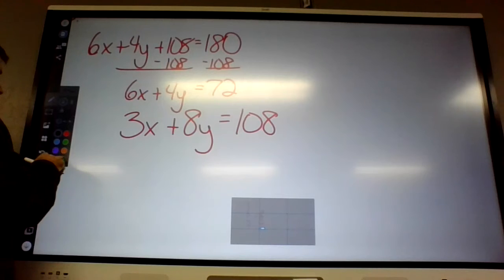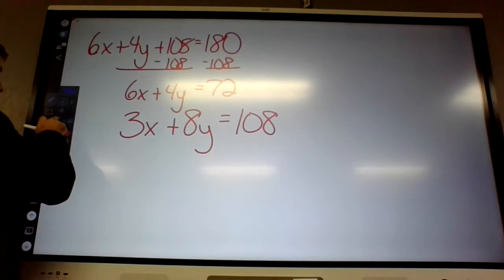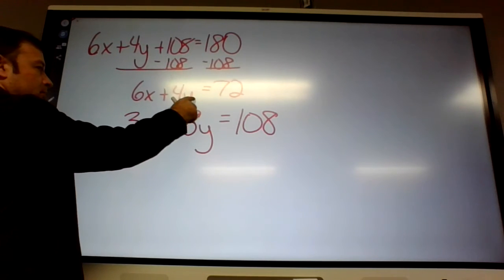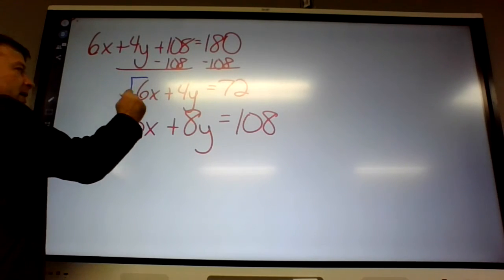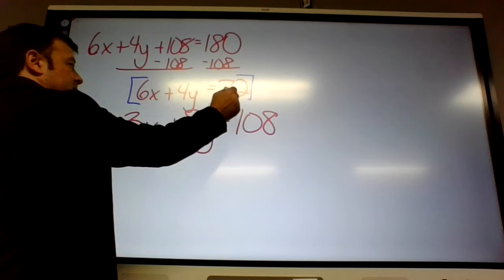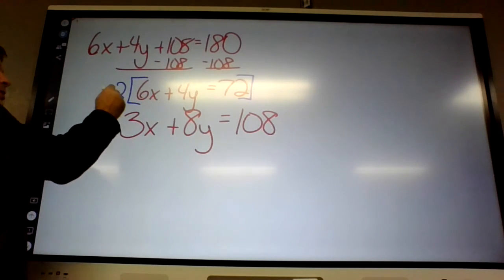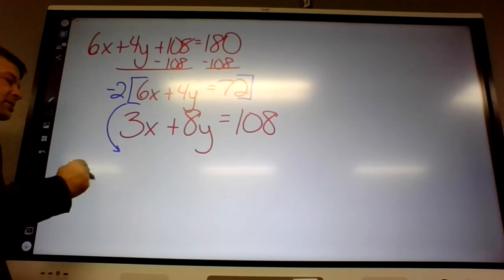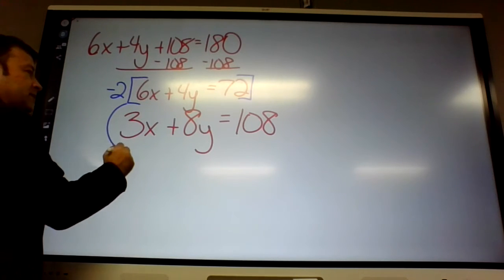Multiply the 4y to make it 8y, so you can cross it out. You can multiply, but you're supposed to say y times 2. Top times 2 or y times negative 2, because it has to cancel. Right. Good job. You guys do remember. So if I multiply the top line by negative 2,